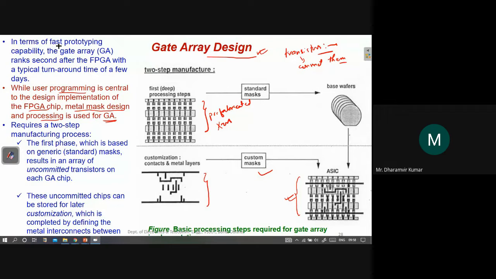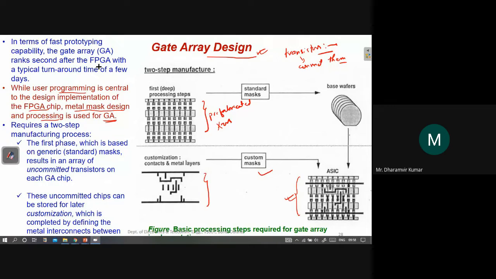In terms of fast prototyping, gate array ranks second after the FPGA, with a typical turnaround time of a few days. It is quite fast in terms of giving a prototype circuit, as compared to those previous two approaches. But still, FPGA is the fastest one.